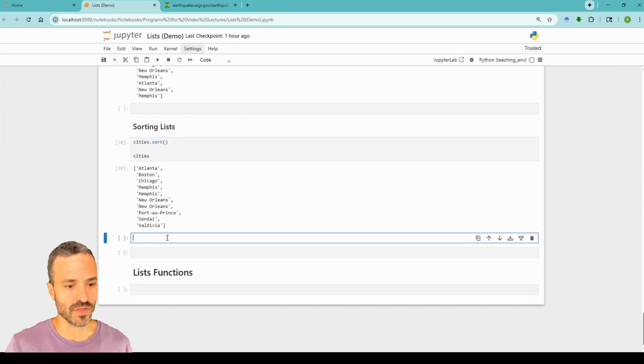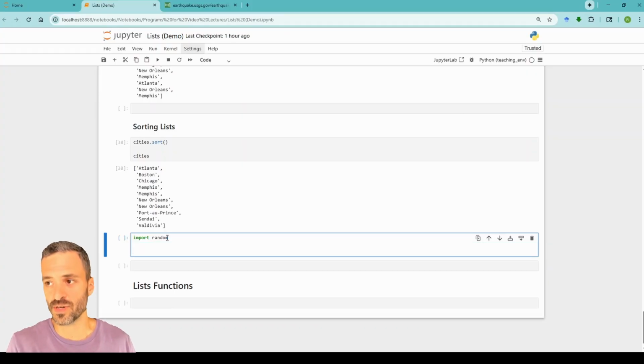Now let's go ahead and create a list of numbers so that we can see how this works with numbers. And just to expose you to some things that are coming up later in this series, let's go ahead and import a library, because it's been a pretty boring video. So let's import the library random. This allows us to do exactly what you might think, generate random data. So let's import a library called random, and let's create a list of numbers. I'll call my list numbers. And inside my list of numbers, I am going to random sample,